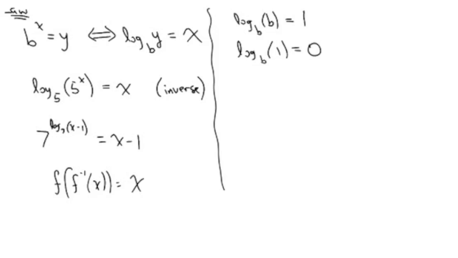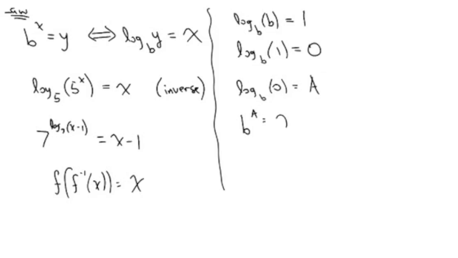Can a logarithm be equal to 0? No, I'm sorry. Can the logarithm take 0 and give you an answer? No. Why not? Because you can't raise anything to a power and get 0. If I tried to write this, log base b of 0 equal to some number a, this turns into b raised to the a power